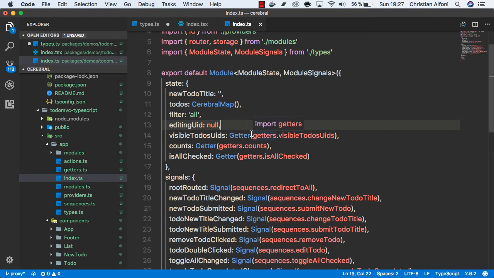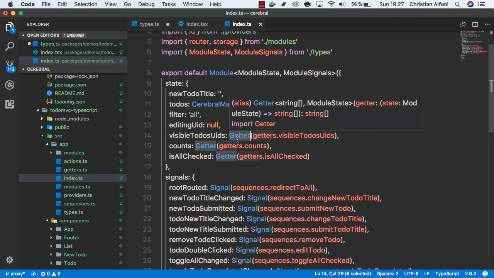The syntax is a little bit off, so I decided to create a factory for it. A getter has access to the state, and it returns a value based on different state. And it will update if any of the state dependencies update. You don't think about this in Mobx. You just grab the state and it will